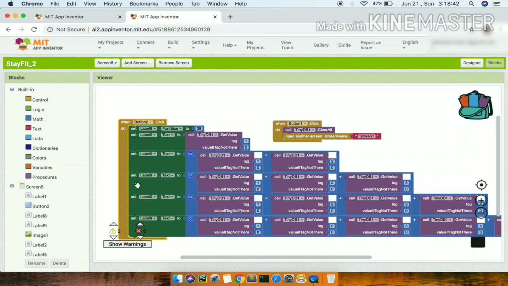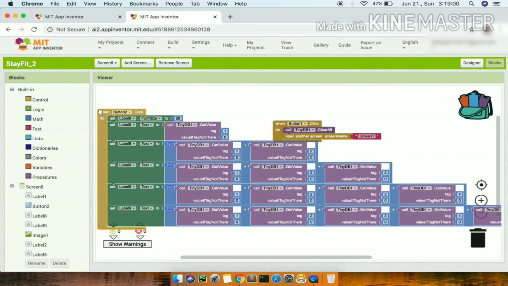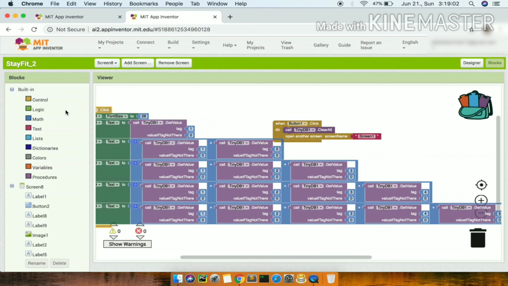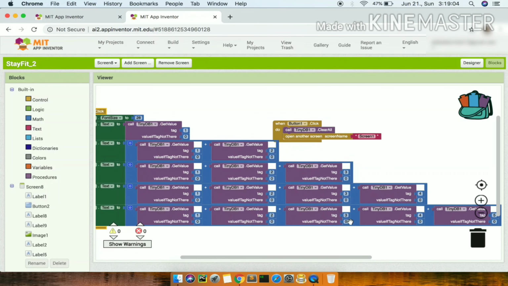and then here again tag 1 plus tag 2 plus tag 3 means 15, and again tag 1 plus tag 2 plus tag 3 plus tag 4 means 20. Tag 1 plus tag 2 plus tag 3 plus tag 4 plus tag 5 means 25, a total score of 25.